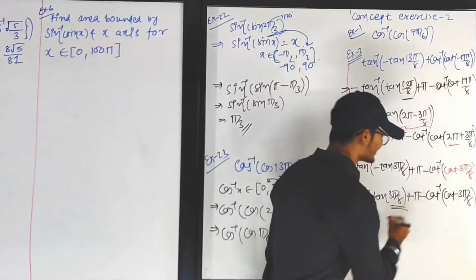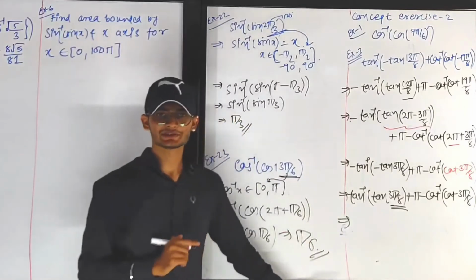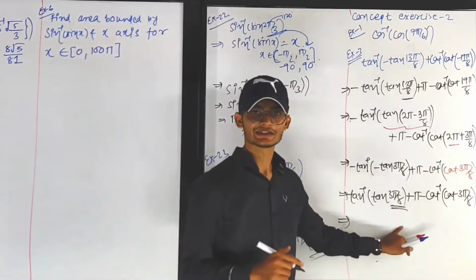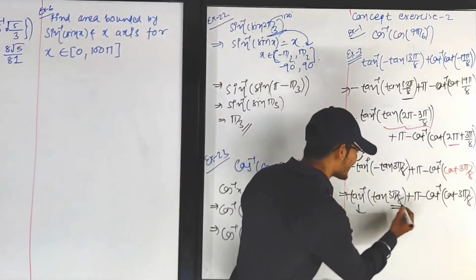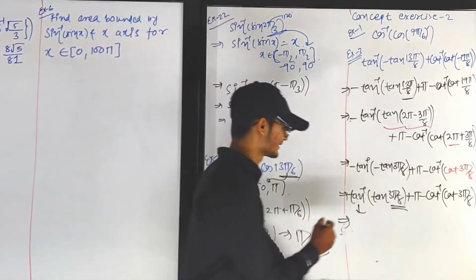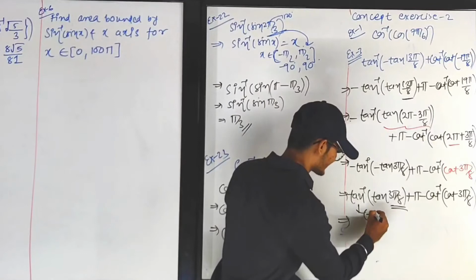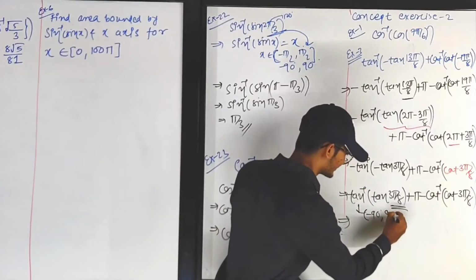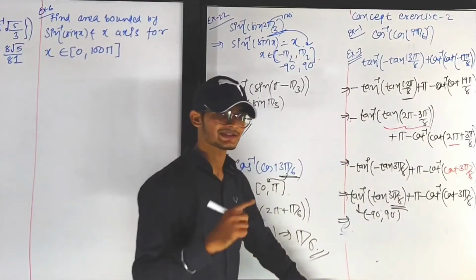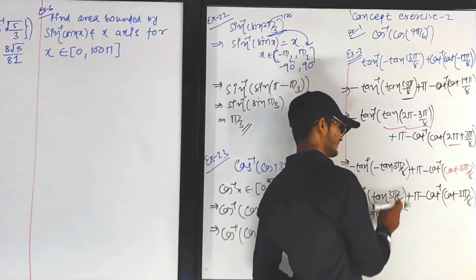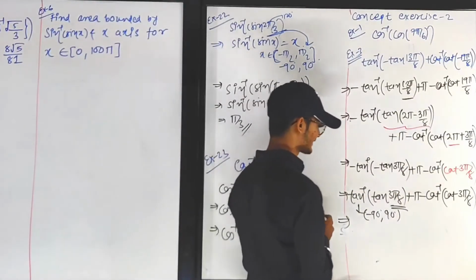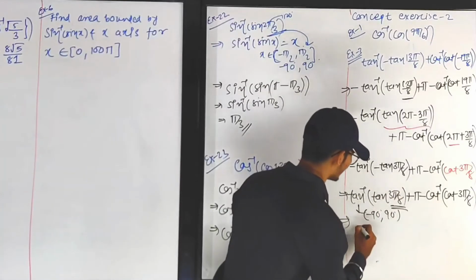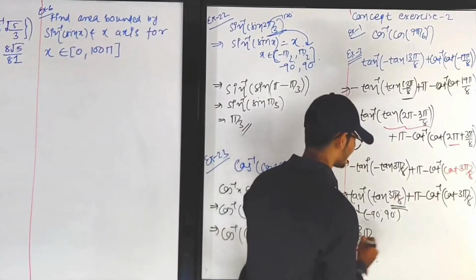Now 3 pi by 8, that is 67.5 something. 3 pi by 8 means 67.5 degree. So now that angle lies in the range of the tan inverse. What is the range of the tan inverse? Minus 90 to plus 90 open. So now 67.5 lies in the interval minus 90 to plus 90. That's why we directly cancel out tan inverse and tan, and that can be written as 3 pi by 8